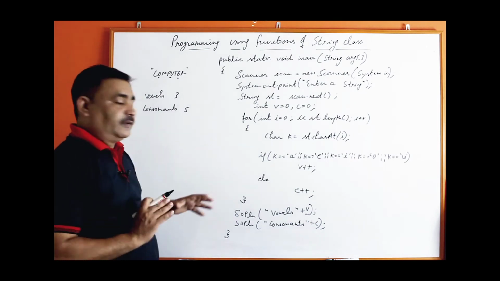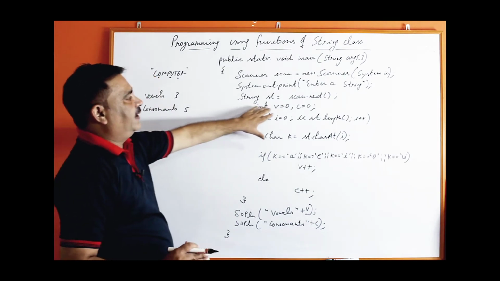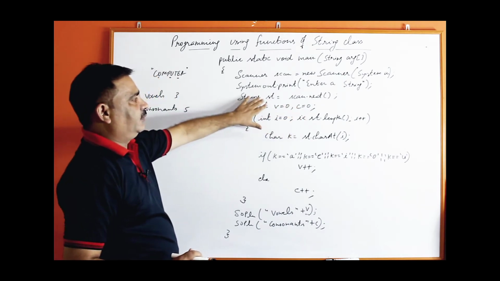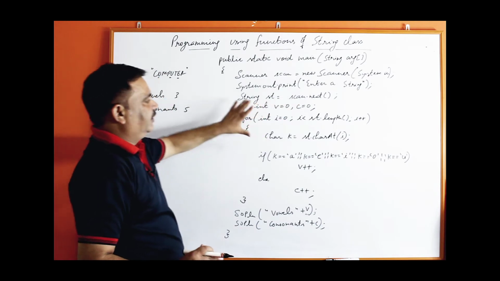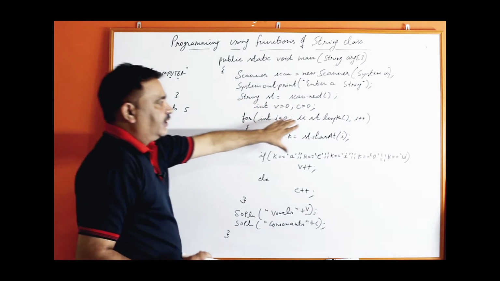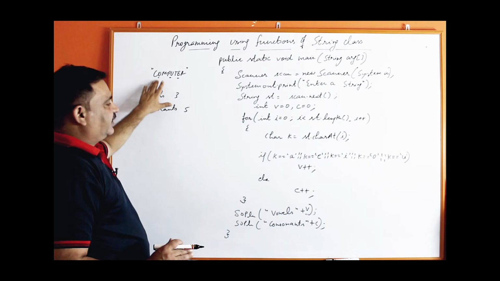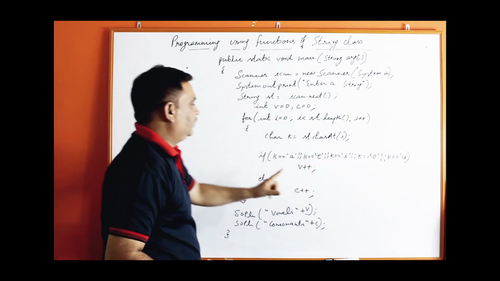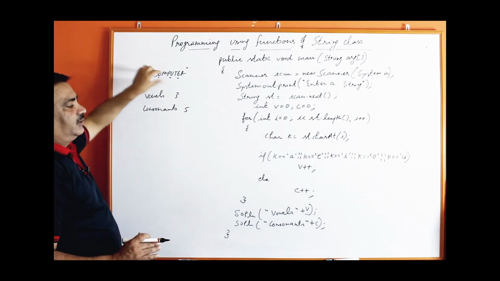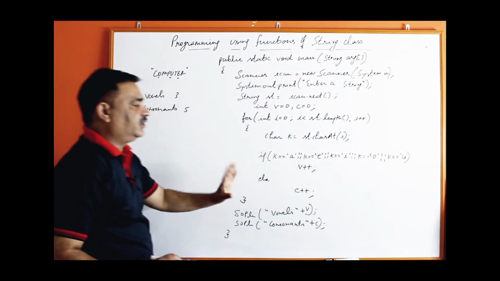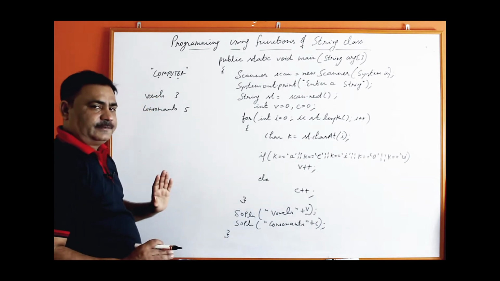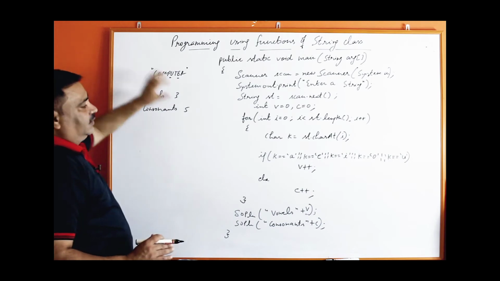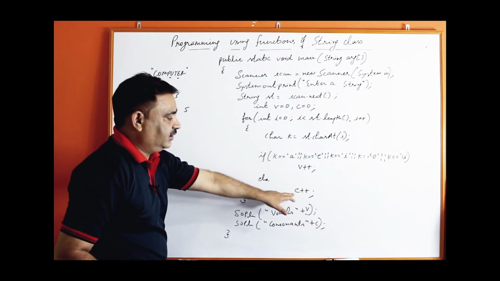Now again try to understand the working of this program. 2 variables we have declared, one to count the vowels, another to count the consonants. The string variable is already declared and we are inputting the value here. Making the loop, extract the character one by one. The first character will be extracted and compared with these 5 conditions, with 5 vowels A, E, I, O, U. If the first character matches any of these, then v will be increased, otherwise c will be increased. So one by one, and in the case of C, no condition is true, so this c will be increased.